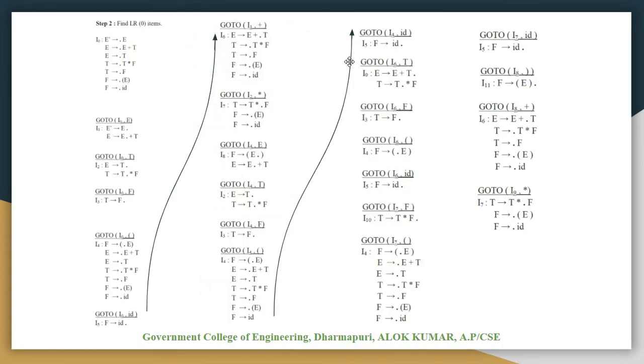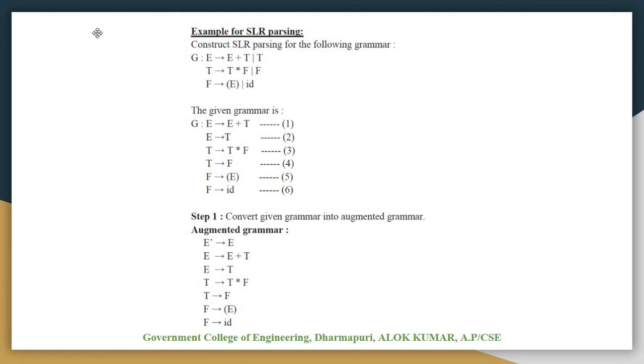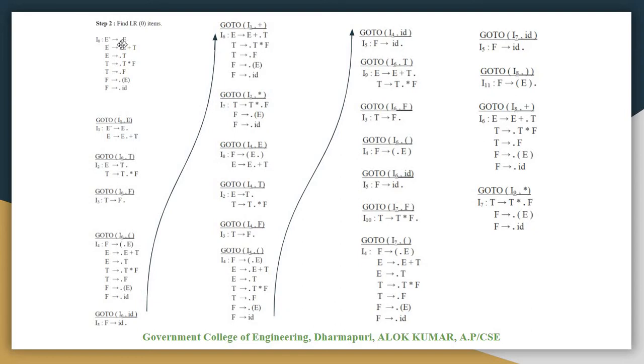Okay. After that, here we will construct LR0 items, or we can say we are going to find LR0 items. So initially we will start from I0. This one is the augmented grammar. Here all these are the production rules. So E dash is generating, here we will keep a dot: E dash generating dot E. For the production rules in the augmented grammar, initially we will start from dot E. After that, in dot E, a non-terminal is there, so here we will do closure of E.